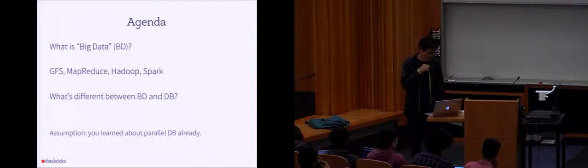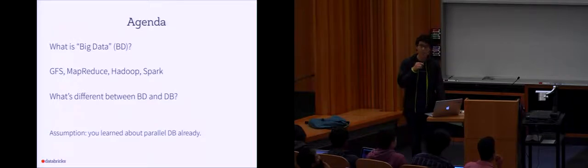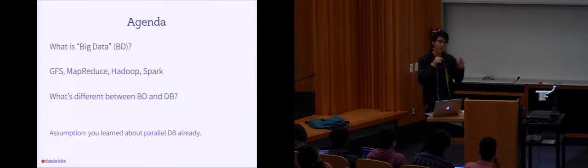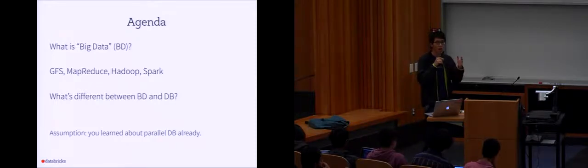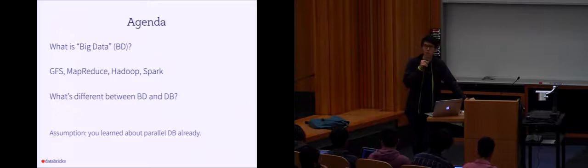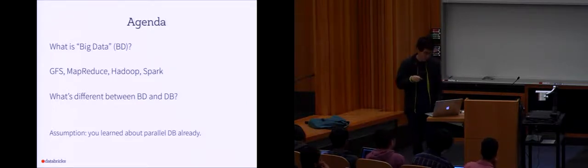One assumption I'm making here, which might not be the best assumption, is that you roughly have some idea of how a lot of the things you have learned in this class can be applied to a parallel setting. I've heard that Joe occasionally puts in a slide here or there about how you can parallelize a specific algorithm, for example, how you do joins in parallel. I'm going to assume you have some context about it.